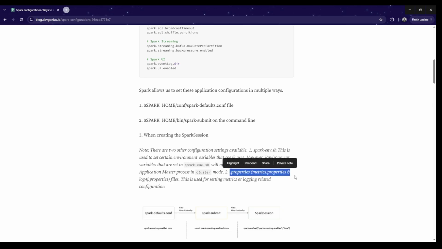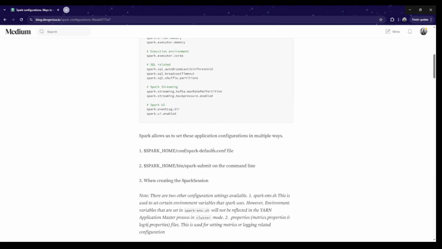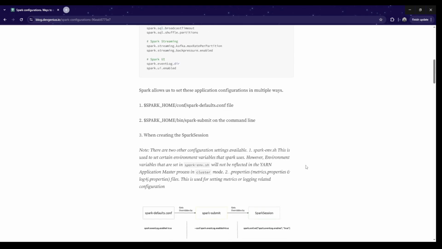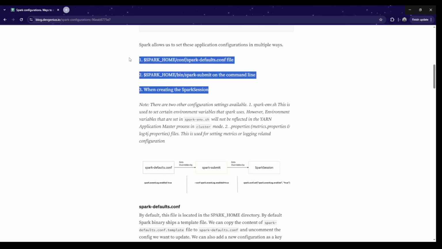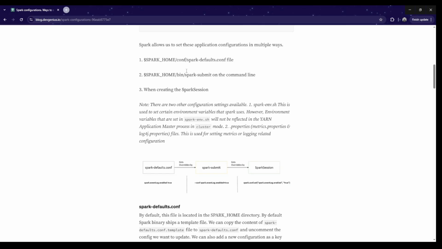And there is a log4j.properties file, which is used for logging. So it's not limited to these three options. We have the properties file as well as spark-env.sh that can be used to set certain environment configurations. Now let's talk about the relative precedence, which one gets